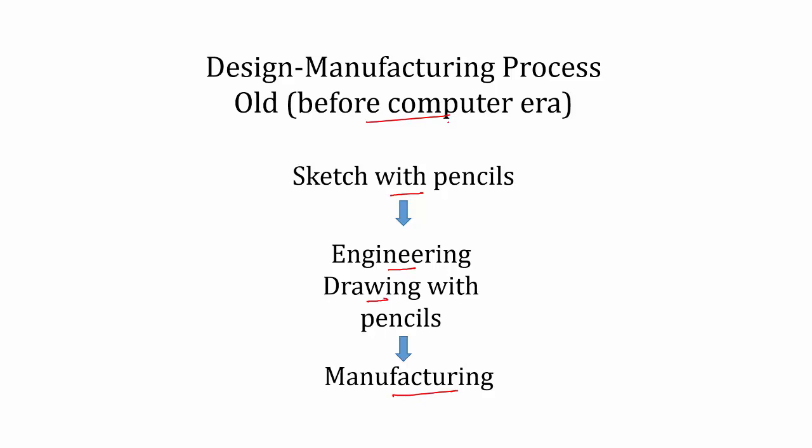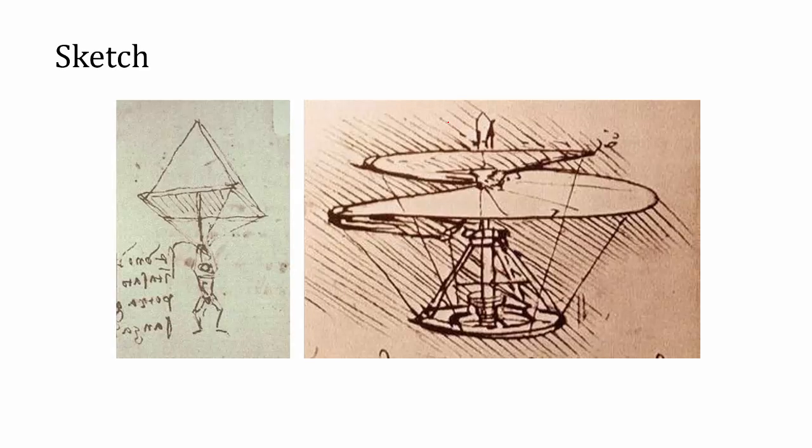I'll show you some examples for this. This is a small sketch of an equipment. Here they have drawn the sketch by using pencils. So this is the first step. A sketch is normally a conceptual sketch. It will give you just the working principle. It will not give you the nature of elements that we are going to use, or the mechanism, and it will not give you any dimension. The only thing is, by seeing the sketch you can identify the working principle behind it. So this is an example sketch drawn using a pencil.